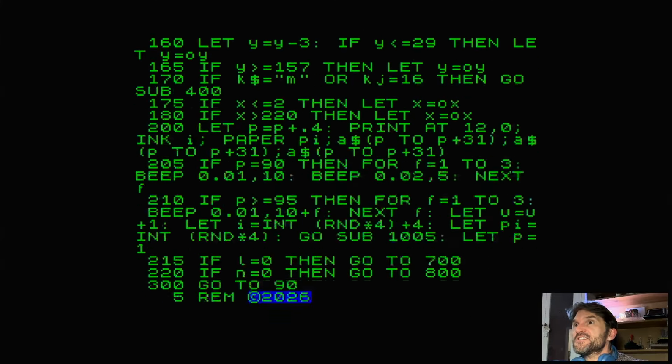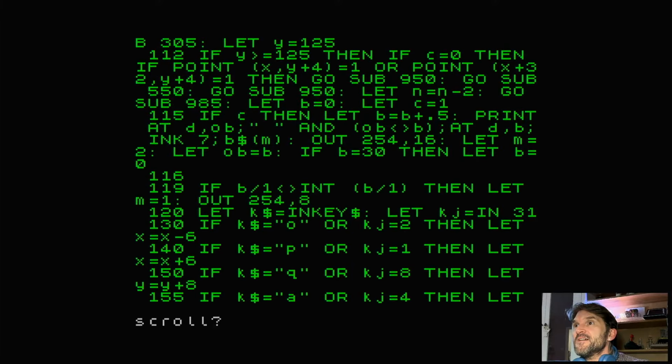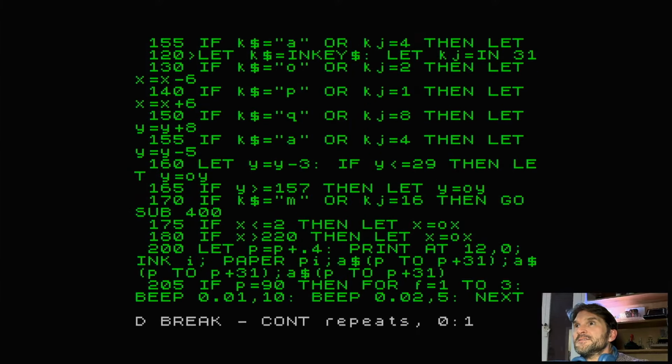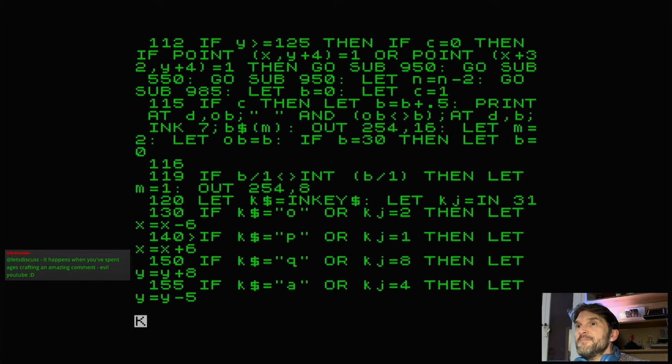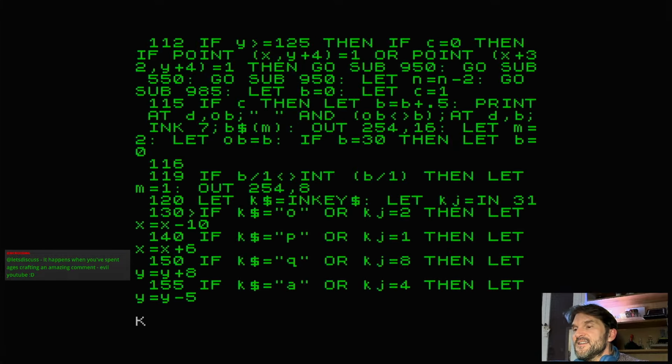If you wanted to change the speed of the UFO, you could simply change the numbers there. So if we go to 120, you see I've got -6, +6, +8, -5. If you were to change them, you could make it quicker. So for instance, if I was to round that up to 10,